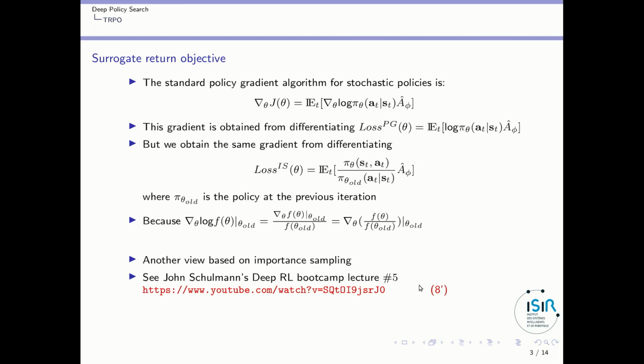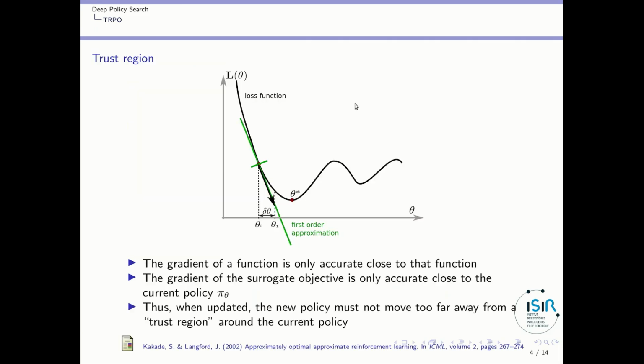Okay, so that's the surrogate objective, and that's a little different from what you use when you use the policy gradient. Then the second idea consists in using the natural gradient so as to enforce what is called a trust region constraint. So what does this mean? If you look at the gradient of a function, so the first order approximation of the gradient on that point, okay, you get this line, and this line gives you a correct idea of the gradient around that particular point. So in this region, that's a relatively accurate estimate of the gradient.